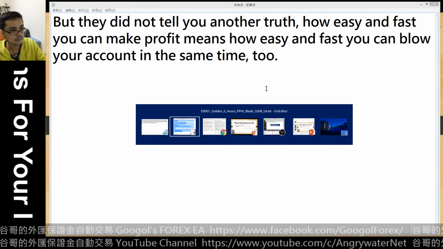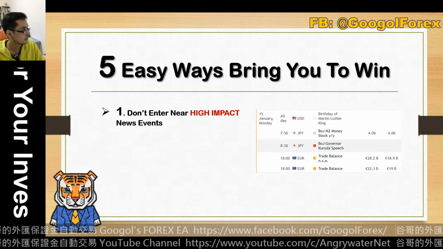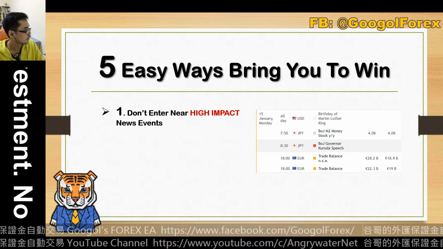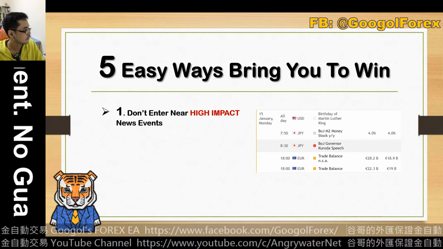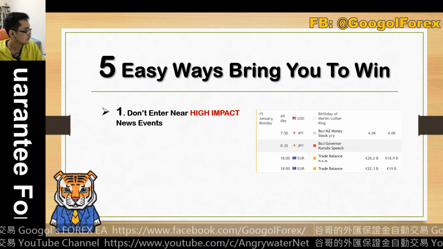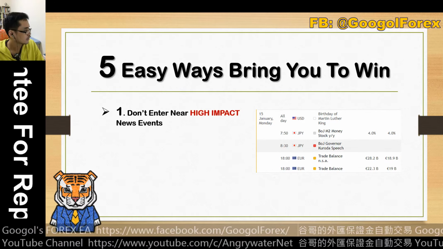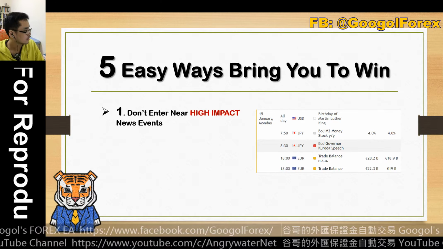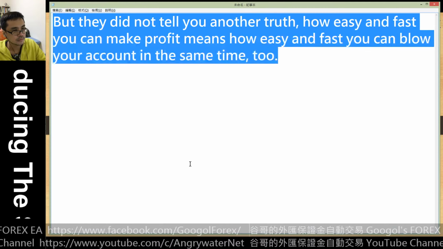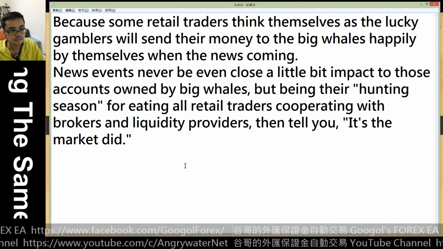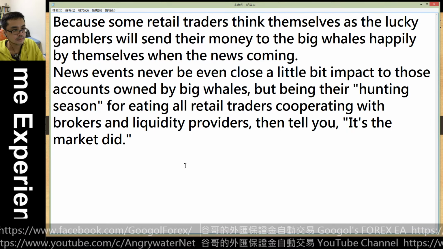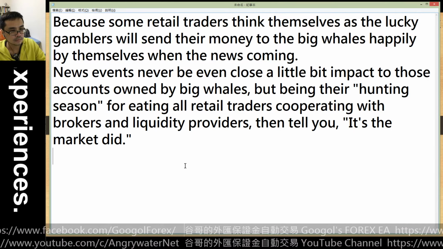They enlarge the spread to wipe out all of your buy and sell orders. And those very long-term traders close their orders, which have been in profit with hundreds, even thousands of pips for a long time, too. Because some retail traders think of themselves as lucky gamblers, they happily send their money to the big whales when the news comes. News events never have even a little bit of impact on those accounts owned by big whales. But it's their hunting season for eating all retail traders, cooperating with brokers and liquidity providers, and then they tell you,